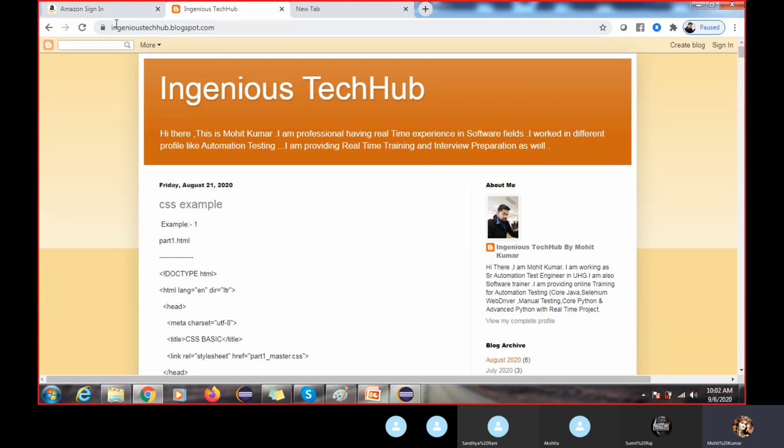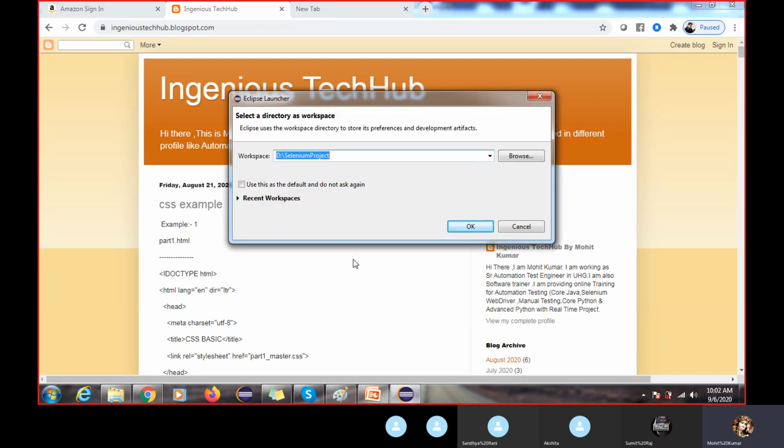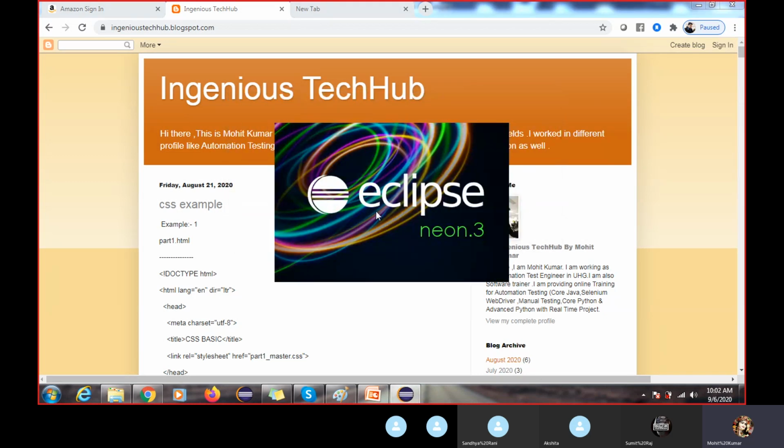Yesterday we have seen we were only validating the title of the page. Now we are validating whether the text is present on the web page or not. So again we will start the same, but today I'm going to create some helper class. All these things people are teaching in your framework, but I cannot see how to develop a reusable method. Today we will learn how we can make our script more readable and reusable. Okay, so let's launch this Eclipse.